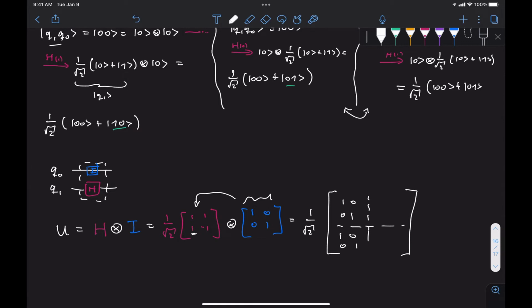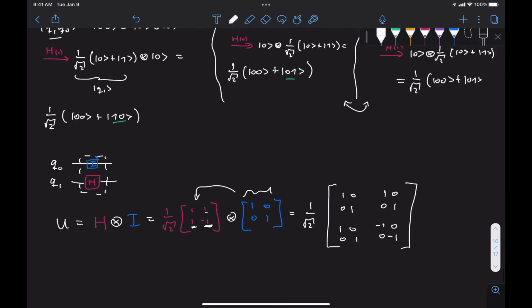On the top right, again, multiplying by 1, so we get the identity. And on the bottom right, we're multiplying by minus 1, right? So we get the identity where the diagonal elements are minus 1. So minus 1, 0, 0, minus 1, right? So that's the final matrix we get, which is very different than what we would get in the other two